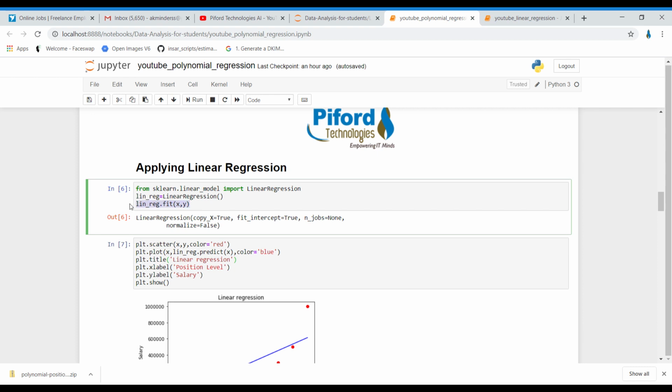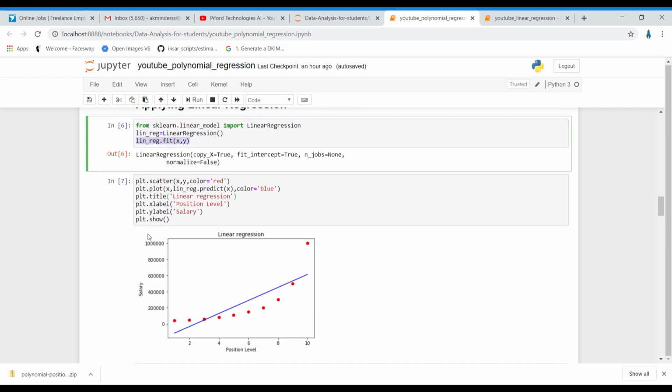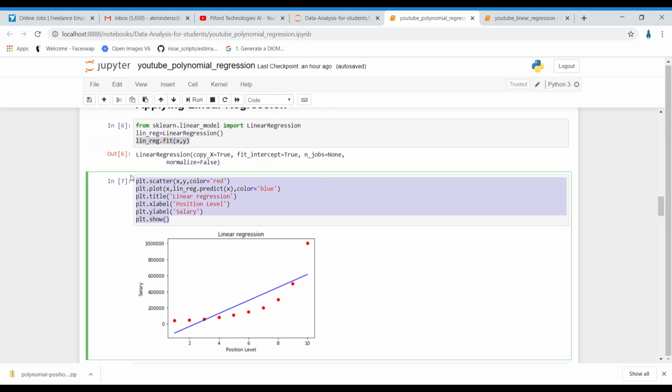Once our algorithm gets trained, let me show you the graph on it. These red points are the actual points, the actual dataset, and this blue line is the prediction of our algorithm. Over here we are not getting good results, because the data is not linear. Data is not in a straight line. Data is non-linear, right?